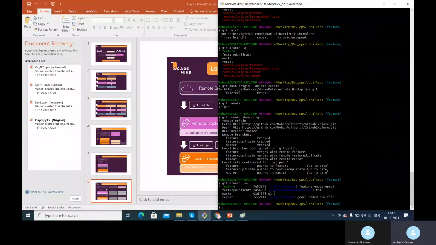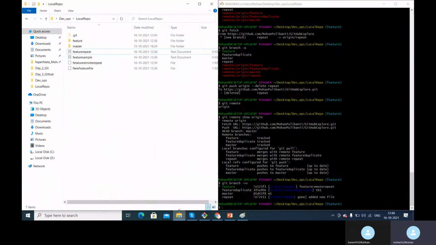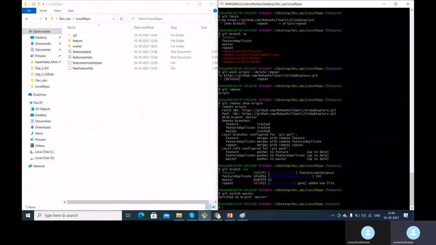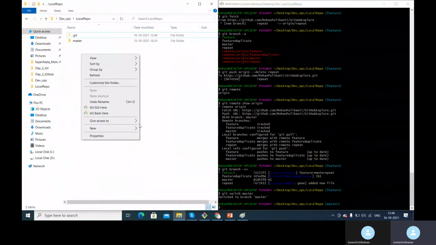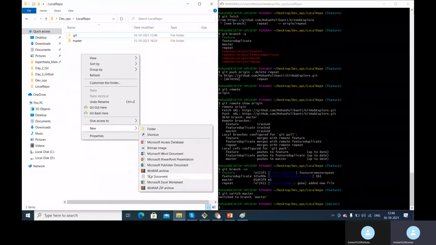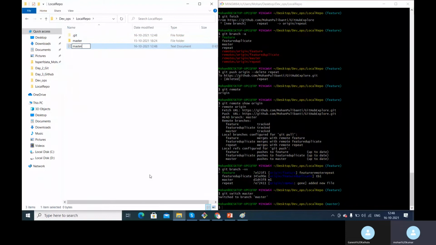So let's create one more scenario. Can we use git push directly for master? Let me make some changes on the master branch quickly and see whether we can use git push directly, because we haven't created any local tracking branch for it. So if I switch to master, it goes to the master branch. Now here, let me create a new text file, master trail, my text file. Let me commit this to the remote master branch.